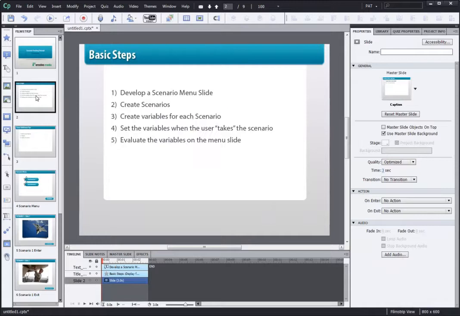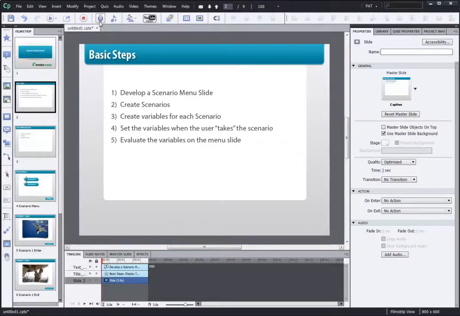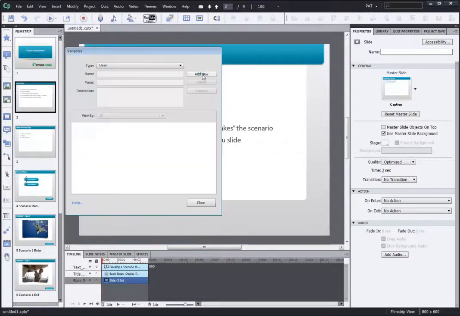So the next thing that we need to do is create a variable for each scenario. So we're going to create a scenario 1 variable and a scenario 2 variable, and their initial values are going to be 0. And as the user takes that particular scenario, we're going to set the value to 1. So to do this, we need to create some variables. So under the project menu, there's a variables option, and we're going to click the add new, and we're going to create a variable for scenario 1